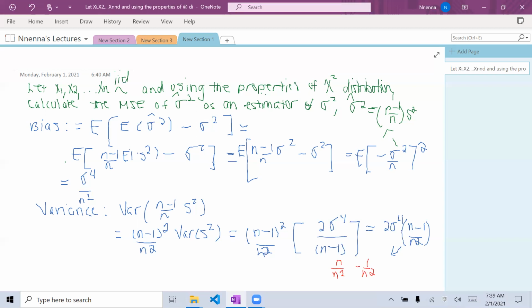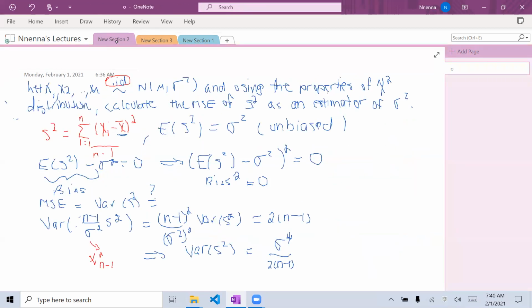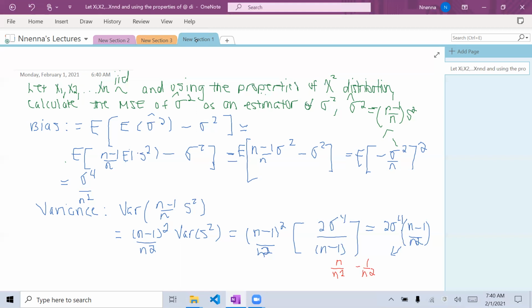Which is actually declining slightly faster than the previous estimator. And like I said, I don't believe that S squared has minimum variance. I think the actual minimum variance estimator is divided not by n minus 1, but by n. So the variance is not the smallest in relation to S squared. And so we can see that this one might actually fall off faster in variance than the previous one. Let me just confirm that it is of that order. Yeah, so the rate of the variance is actually smaller. You can make the variance smaller here for large samples because it has a steeper decline in n,